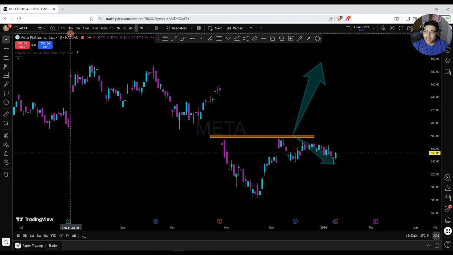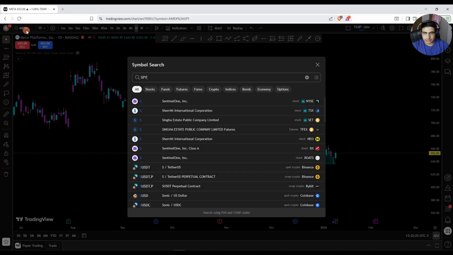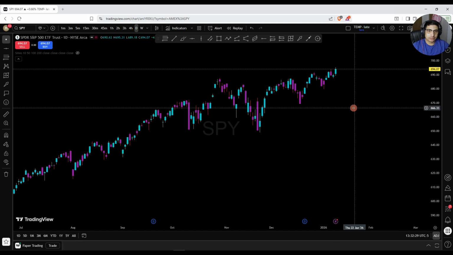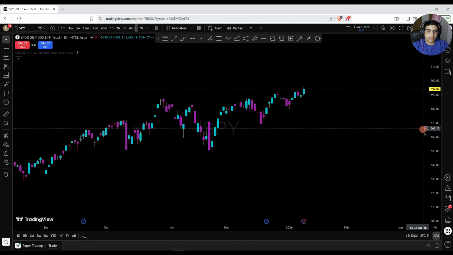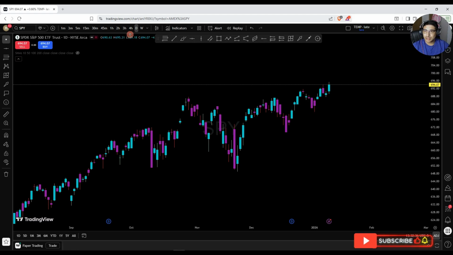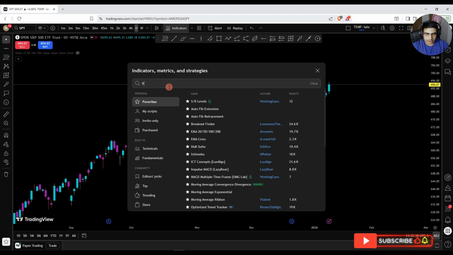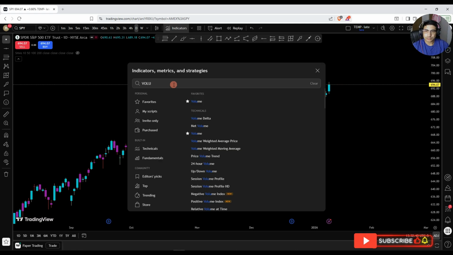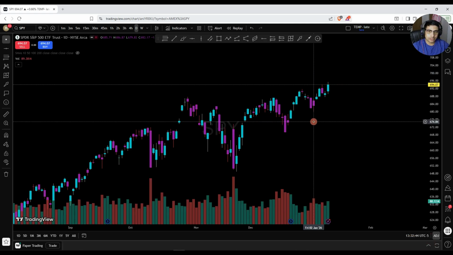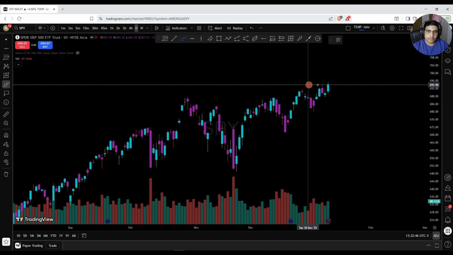So what happens in reality is, let me just go back to SPY, which is the ticker symbol for the S&P 500, and let me look into this chart here. It's already nice and clear, so we can look into that. I'm going to go to the indicators and type volume to find out the volume situation here. And normally when you see a breakout, let's draw a line again here